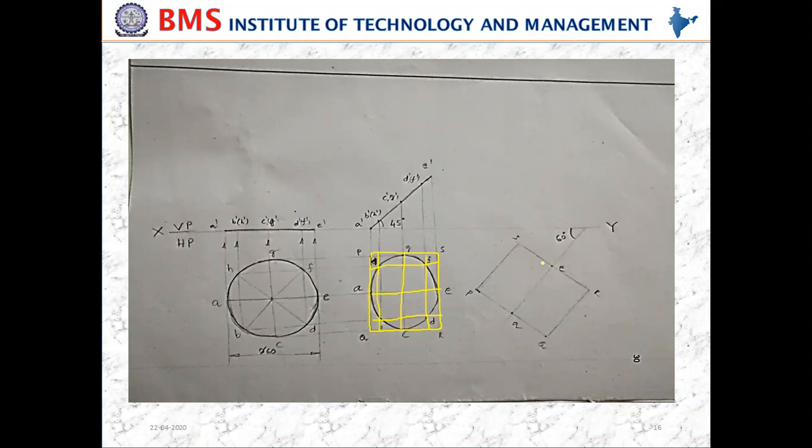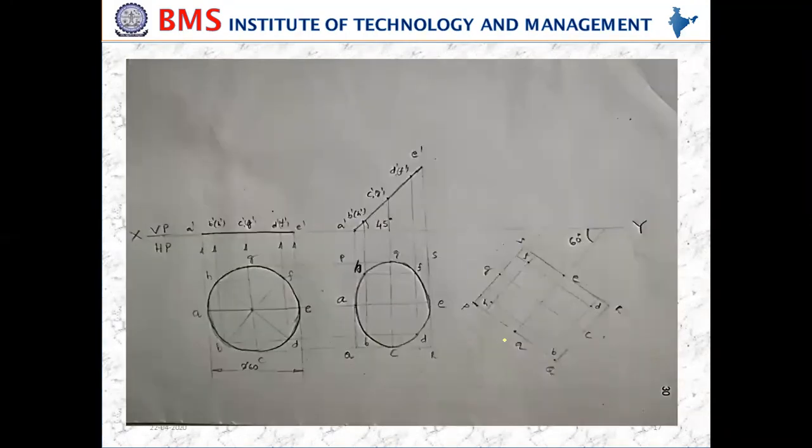So once you construct this rectangular box here, then locate all these points A, B, C, D, E, F, G, H. Once you locate all these points, you need to join them with a smooth curve. Smooth curve in the sense, for example, you draw like this, and then like this, and then like this, with a free hand only. You should get exactly a circular, curved shape. It should not have any straight lines or small curves like this.